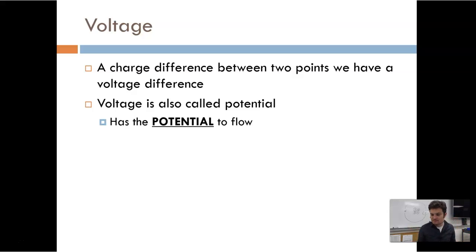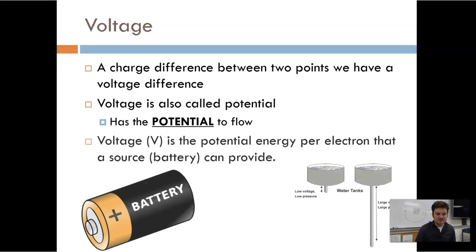If we think about it, basically anything in the universe is always striving for equilibrium. So if you have uneven electrons, those electrons are going to want to go where they can even it out a little more. Generally, with every atom, you want to have the same number of electrons as you have protons. That way there is going to be no charge whatsoever. So voltage itself is the potential. Technically, it is the potential energy per electron that a source can provide. And the source is just going to be a battery. In our case, we're going to be providing the voltage source through the Arduino board itself,